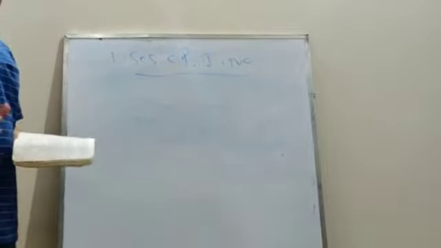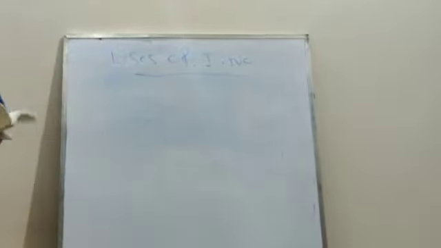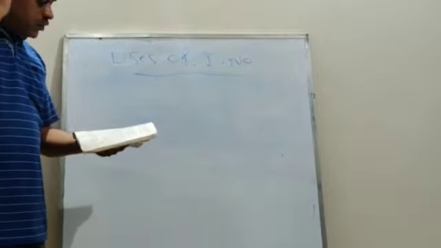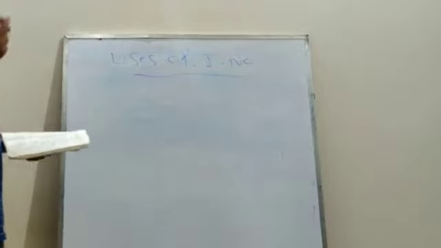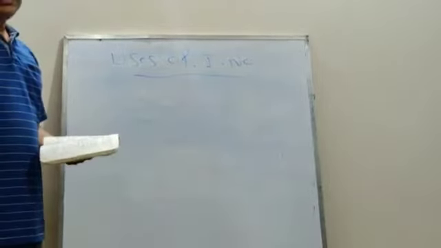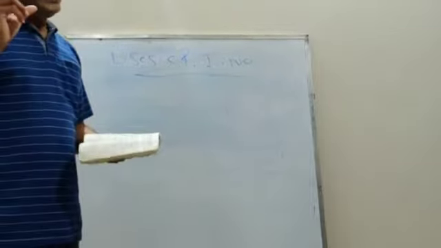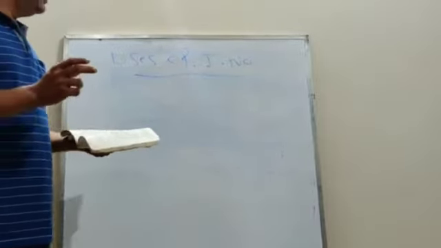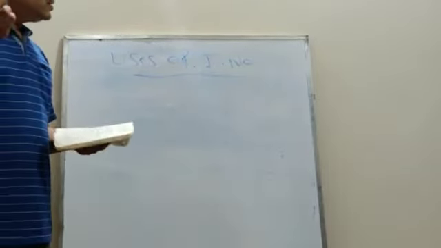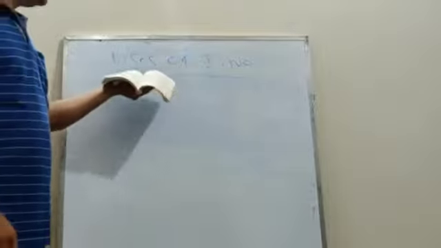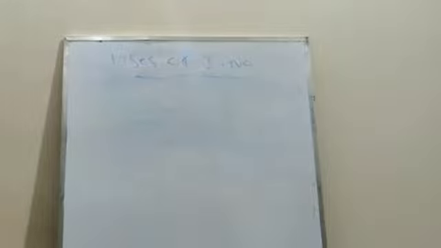Only statements, not explanation. You should only remember that this index number can be used in government offices for formulating policies, and it can also be used in comparing the variations in the purchasing power of money. The third one is that it is also used in consumer price index numbers, and it is also used to fix the salary of the workers. This index number can also be used in some industries as well as by some businessmen. This is about the index number, that is, uses of index.